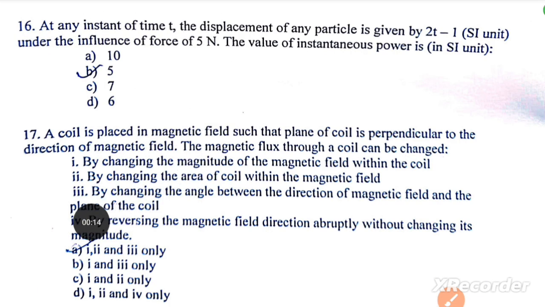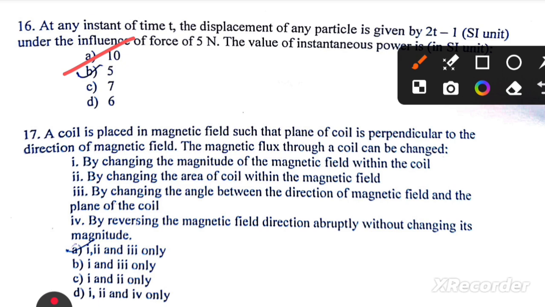Next question, at any instant of time t, the displacement of any particle is given by 2t minus 1 under the influence of force of 5 Newton. The value of the instantaneous power is 10. A coil is placed in a magnetic field such that the plane of the coil is perpendicular to the direction of the magnetic field. The magnetic flux through the coil can be changed